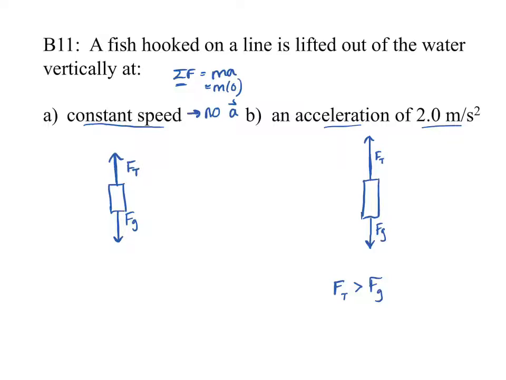Okay? So it's really important that you know if there's acceleration or not. If there's no acceleration, equal and opposite. Okay? So Ft here equals Fg. They're just opposite signs, right? We'd make Fg negative and Ft positive. But when there is acceleration, one of them needs to be bigger, and it'll be in whatever direction the acceleration is. Okay? So that's really, really important to note.